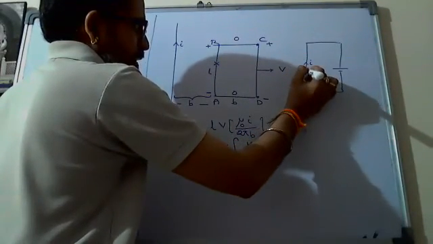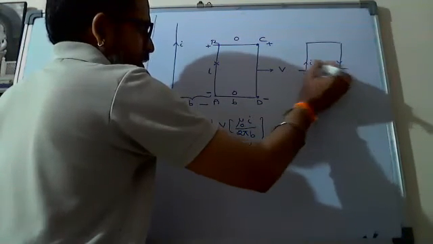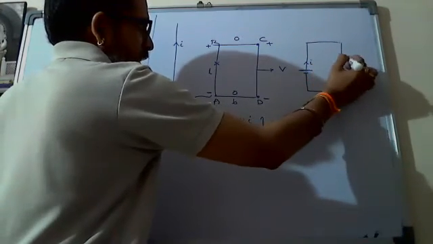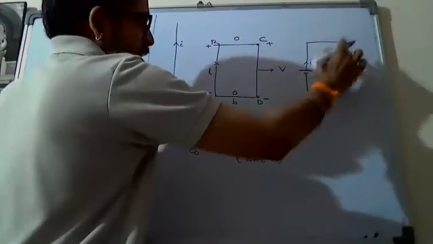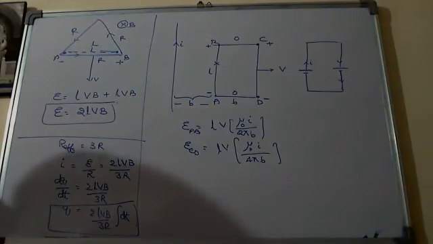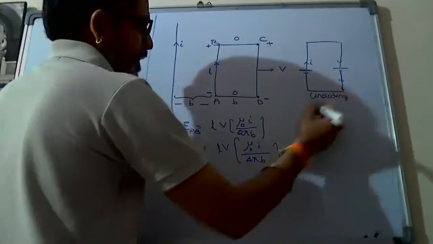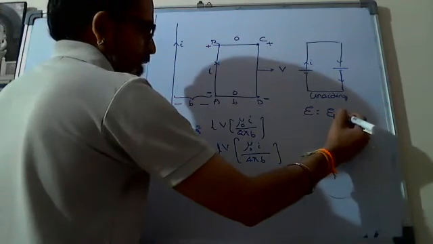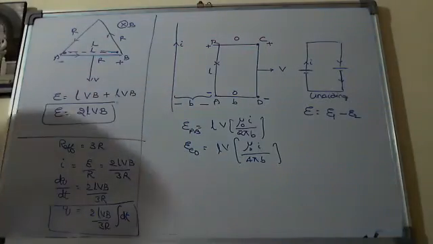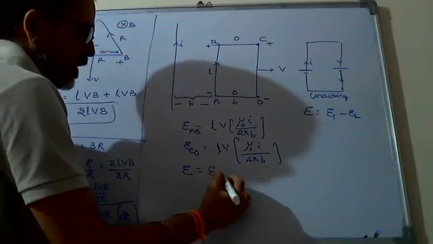Current flows suppose from this cell like this. It tries to flow from negative to positive. Means here the positive terminal appears to be connected to the positive terminal, means it tries to deliver the current in this direction. So both are not aiding. Aiding means trying to deliver current in the same direction. Okay, they are unaiding. Then net EMF, I think you know in the current electricity chapter, not E1 plus E2, E1 minus E2, in the unaiding case. So here I think you know it is bigger. So net EMF you can say EAB minus ECD.